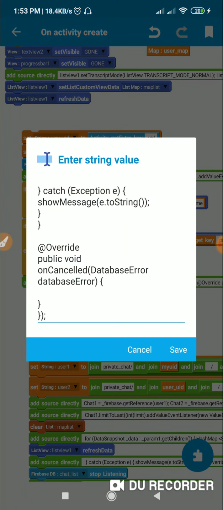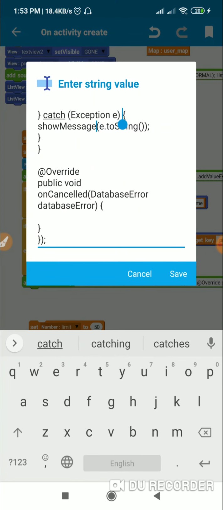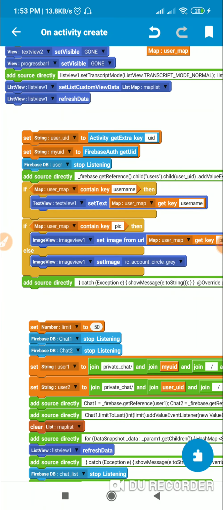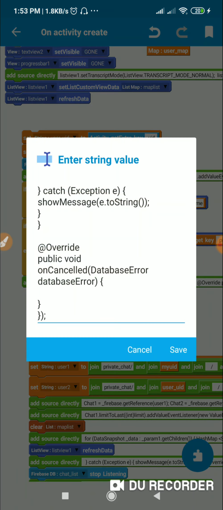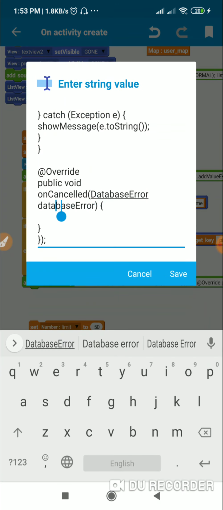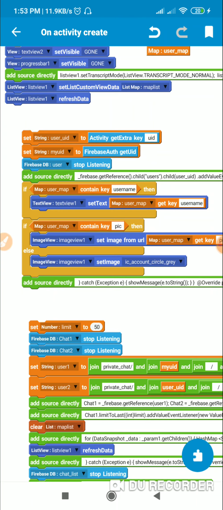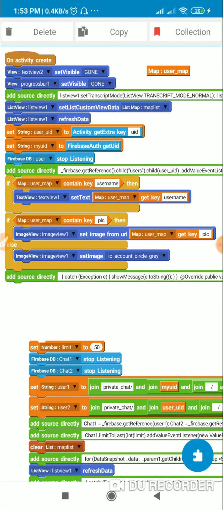Okay, and then there is this catch exception for the try block, which is here, catch exception, and then there is the onCancel method which is empty, and that's all for getting the username and profile pic of the second user.